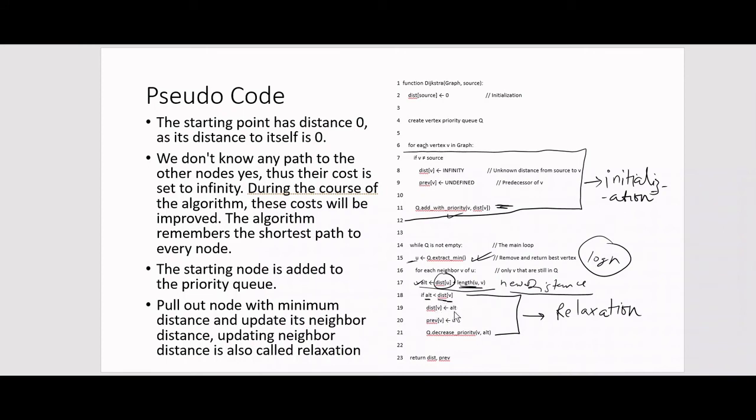If it is lesser than that, then I'll update the distance at that particular node. So I'm updating the distance. You see that dist v is updated with the new distance, and then I'm also updating the previous pointer. And then in the end, I'm decreasing the priority, because what is happening is that we are bringing down the value of the distance here. So you need to decrease the priority, and this would be done in log n time. Okay.